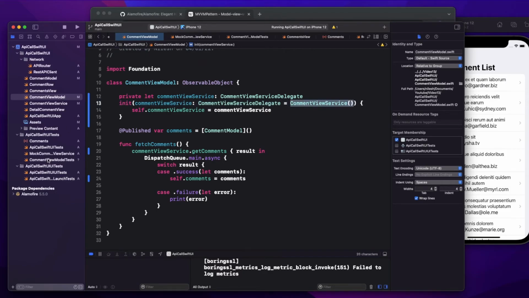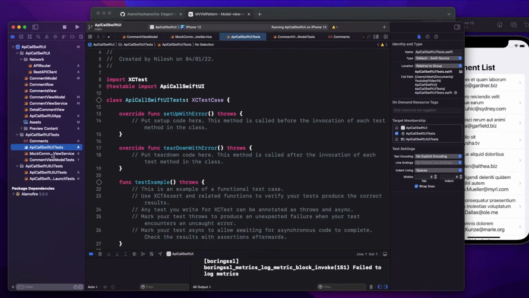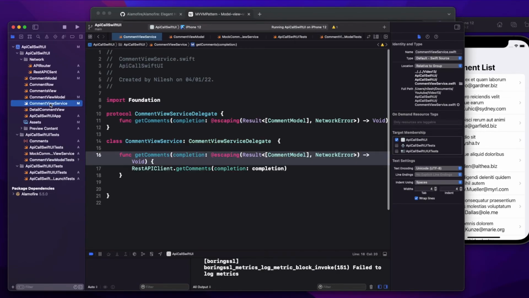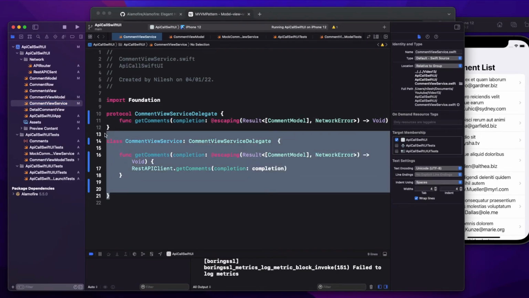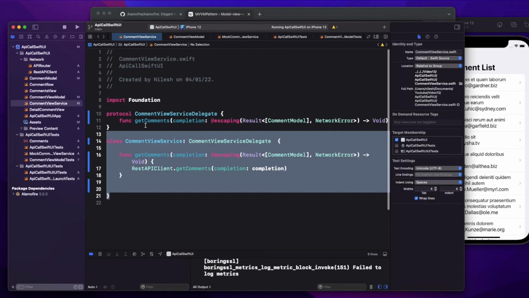But when I'm writing my test classes, in this case, I have to pass it, because I have to pass a type of my mock. So I'll pass here mock comment view service. So now instead of accessing this class, it will access my mock comment view service, because now I have to read the data from my local.